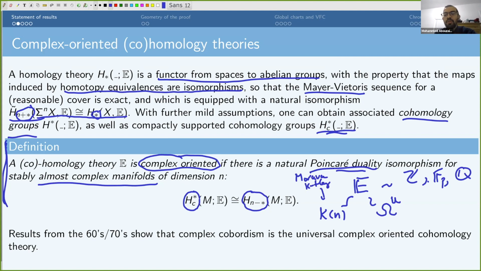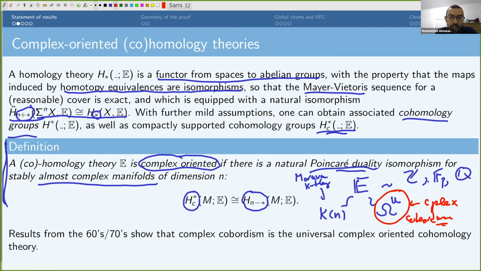But all I'm trying to say is that there are many, many examples. But the way that we should think about it is that this is the most important one, complex cobordism. And this can be formalized. It can be formalized because, as I write there, it's known that complex cobordism is universal, is initial among